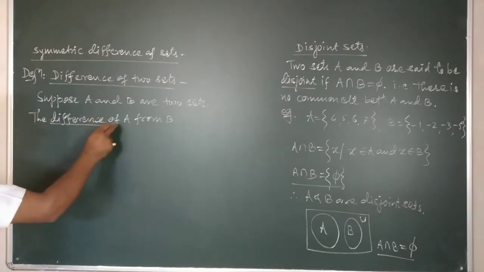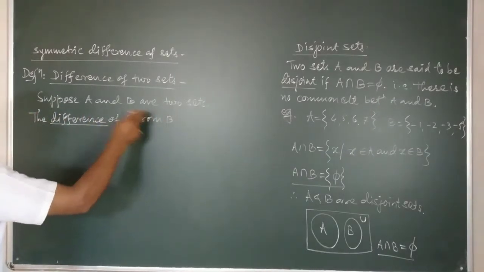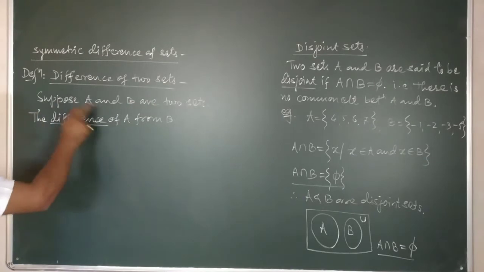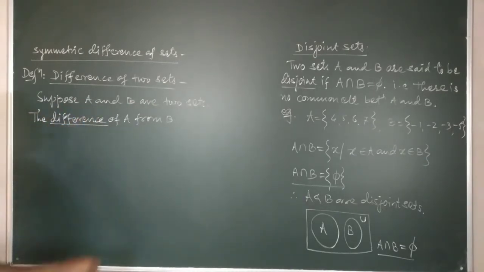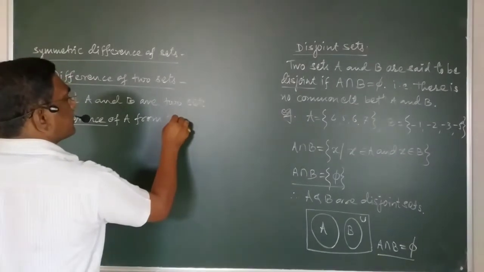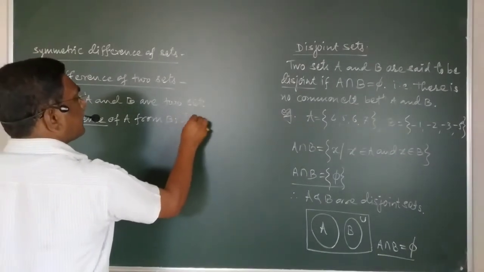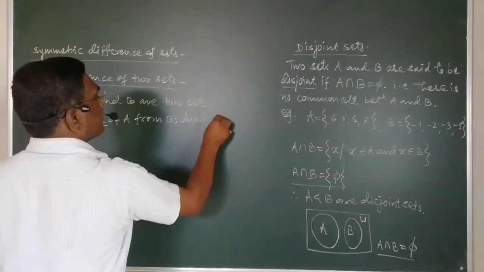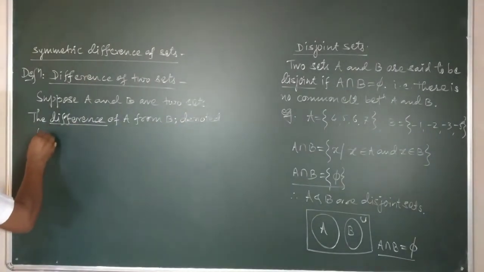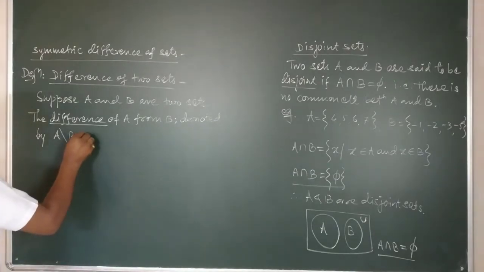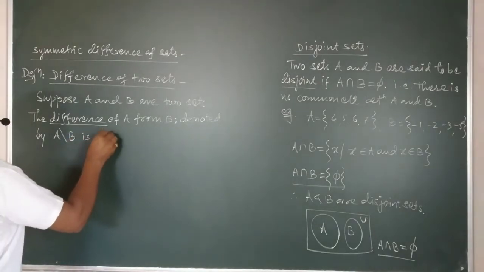A and B are sets, and therefore this term can be called the set difference of A from B, denoted by A backslash B, and is defined